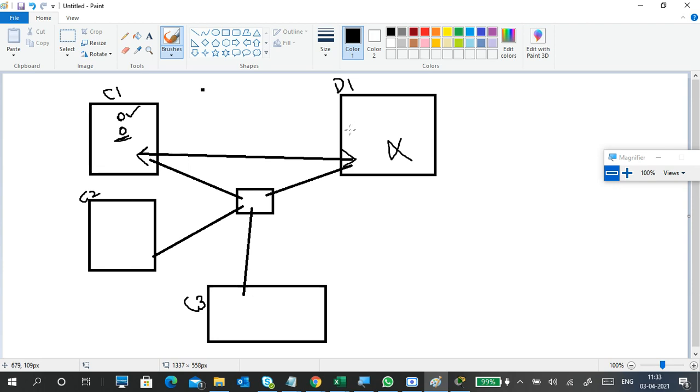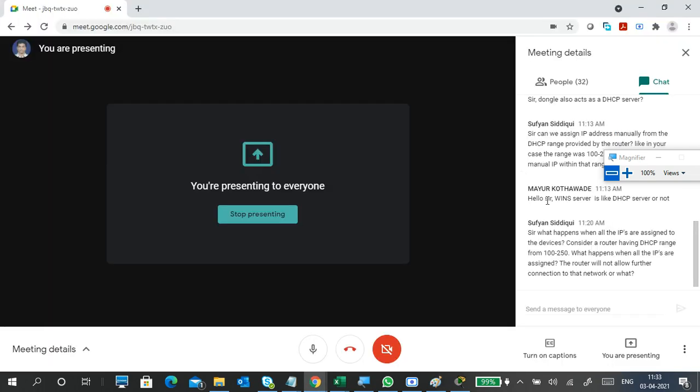If you have a DHCP server, you can use the DHCP server also. You can get an IP from the DHCP server. That is very useful for people who don't know about IP addresses.